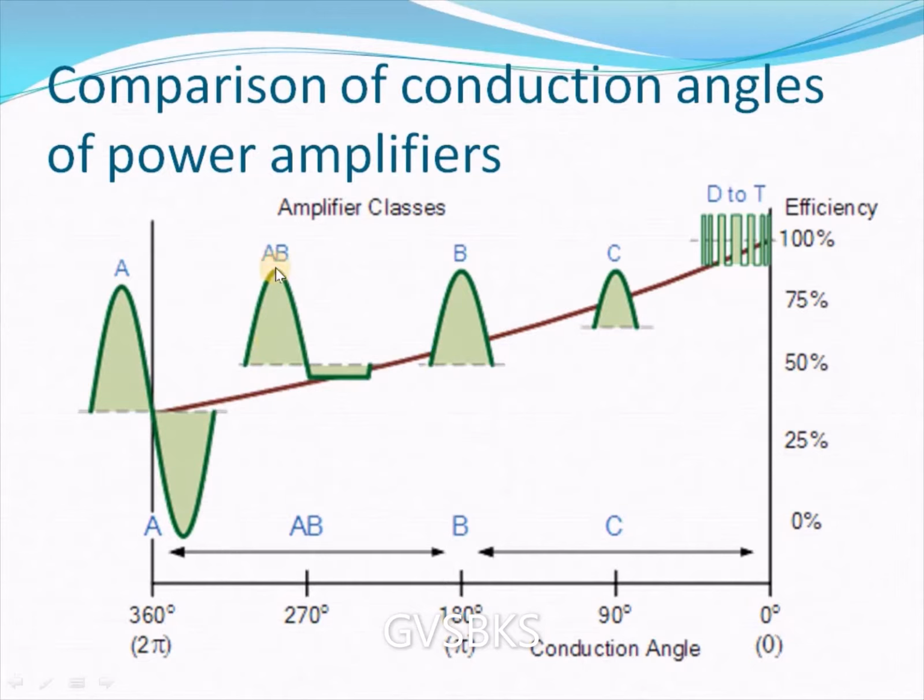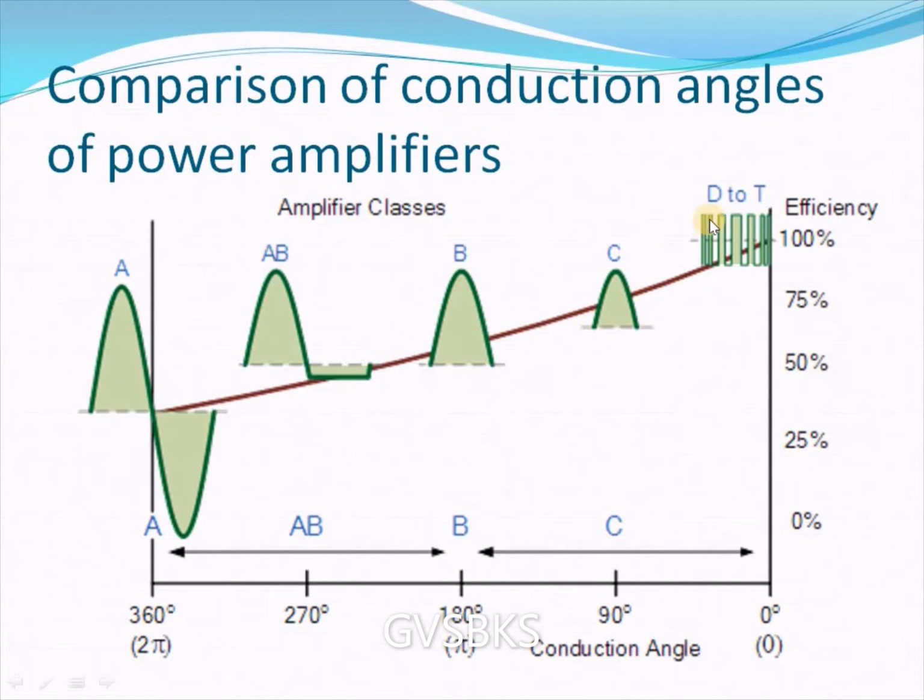If you go for class AB type, which lies in the middle of class A and class B, the conduction is greater than 180 degrees and less than 360 degrees. From this you can observe that this is one half cycle and some remaining portion of the negative half cycle is reproduced here, which is less than 360 degrees. Let us move to the class C type. In class C type, the output will conduct less than 180 degrees, which means the output is producing less than a class B amplifier and the remainder will be clipped at the output side.